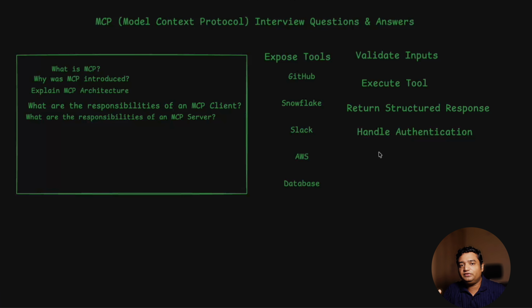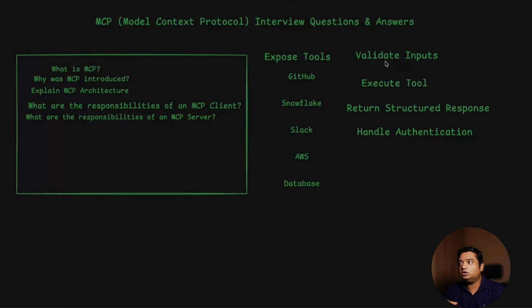For example, you have written in the MCP server the logic to connect to GitHub, Snowflake, Slack. So all the tools which are available are exposed here. And the same kind of information can be discovered with the help of the MCP client, like what all tools are available. It executes tools, obviously, because the MCP server gets connected to the external tool.